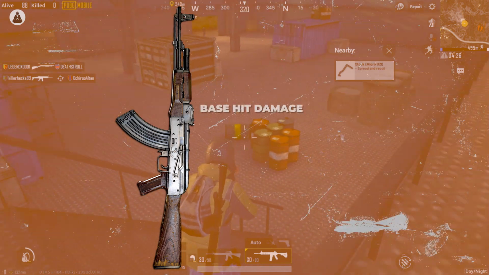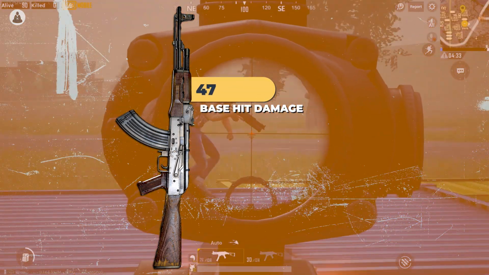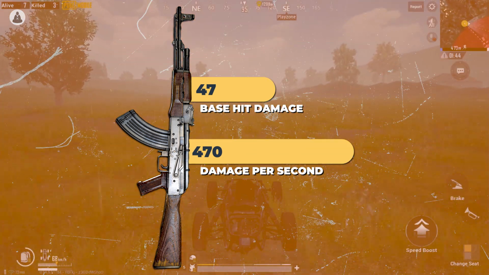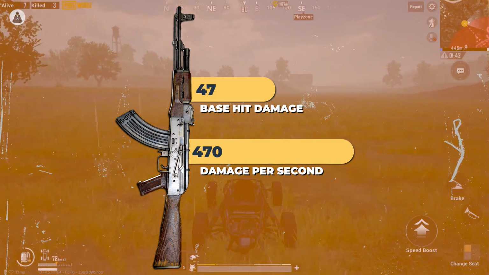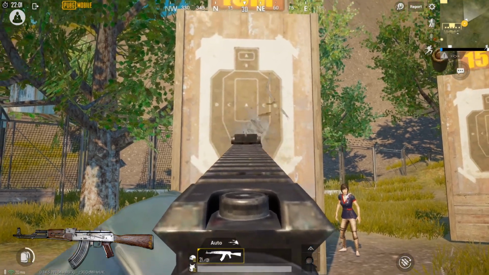The base hit damage for the AKM is pretty high at 47 and makes it the assault rifle with the second highest base hit damage. While spraying the weapon though, it can reach 470, which means you can really destroy people if you can control the spray. Now that you've seen the base stats of the weapon, let's take a look at the raw recoil